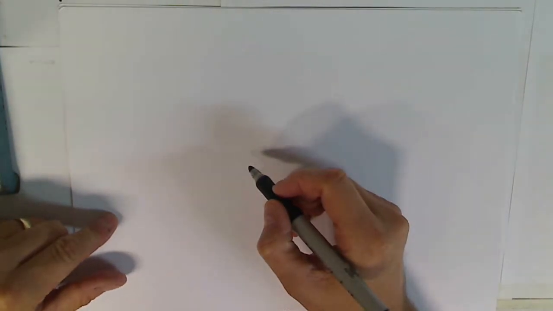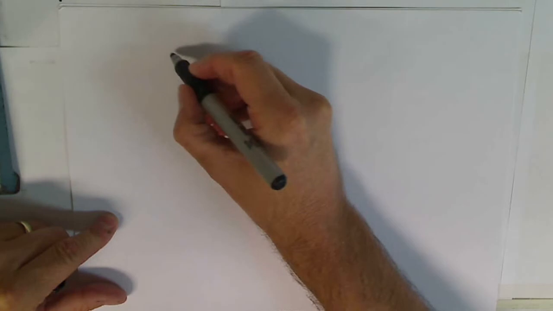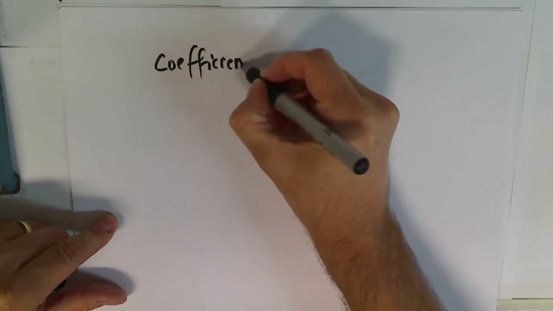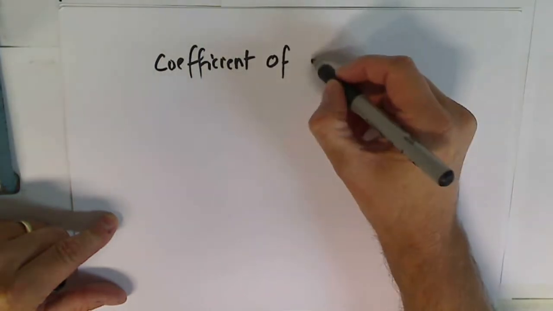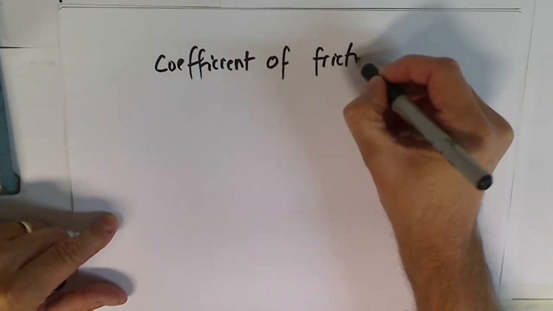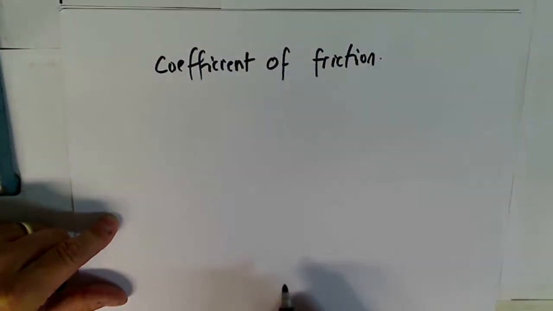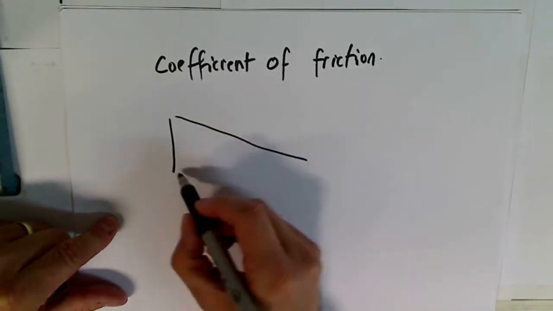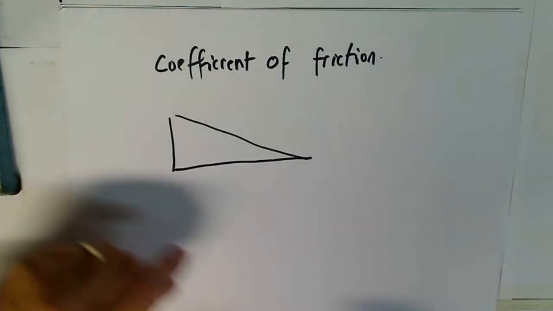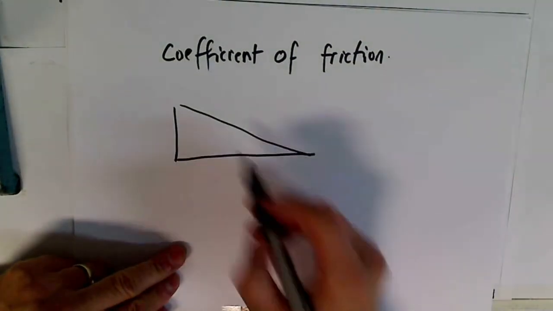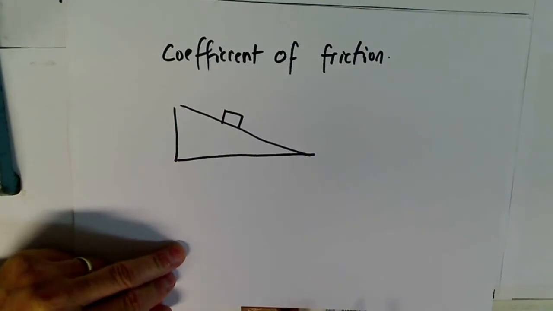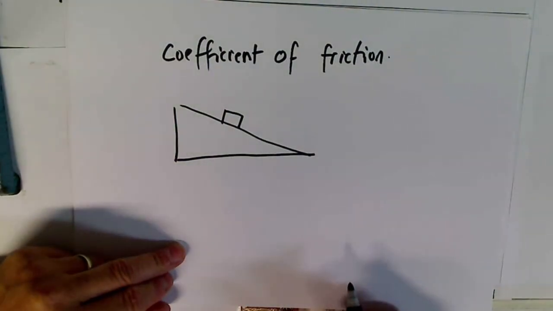Right, what we're going to look at now is called coefficient of friction. Now, it's not a difficult concept, but it's one we don't really teach in NCEA. What I'll do to start with is just draw a ramp, and we'll use that to try and discuss the ideas. So if we had a box on a ramp, obviously what's going to be holding it up there is